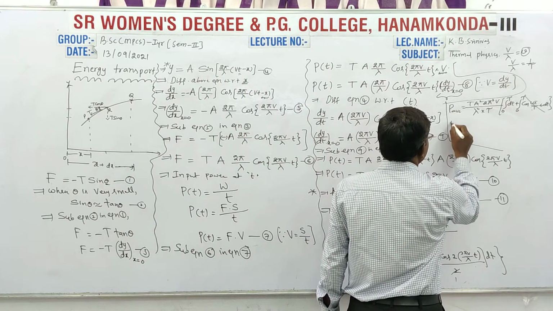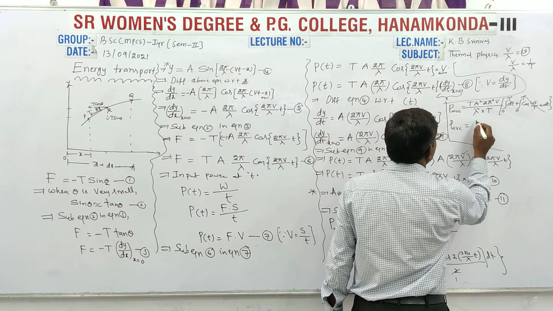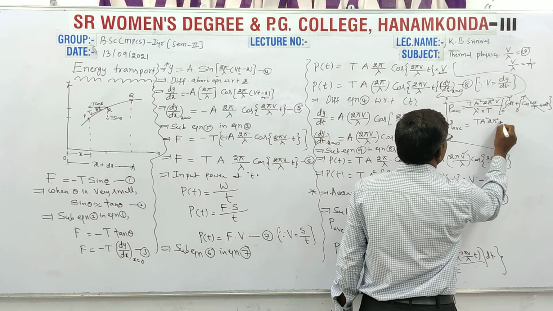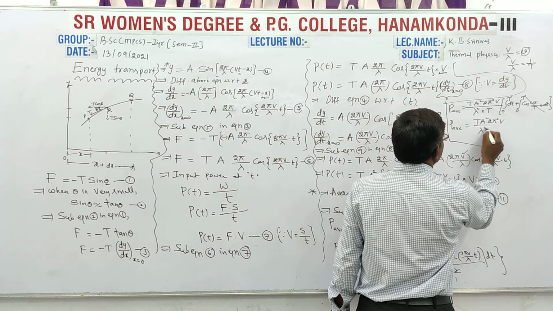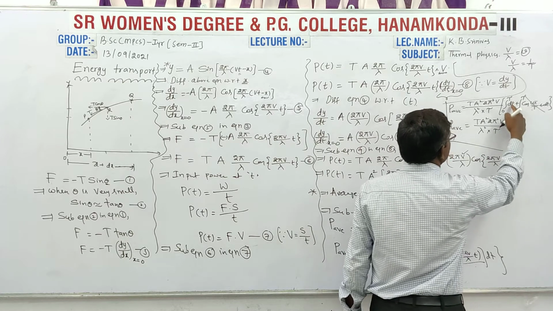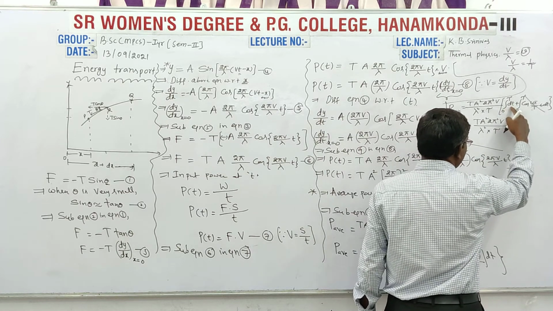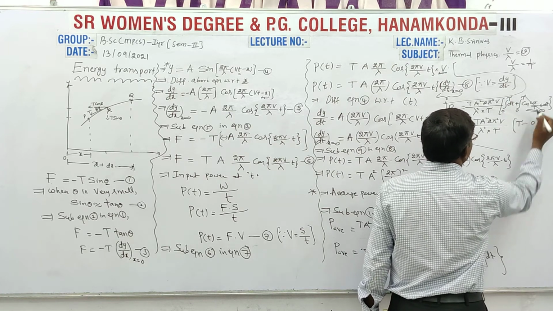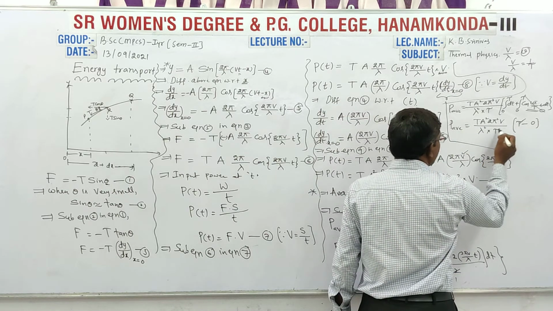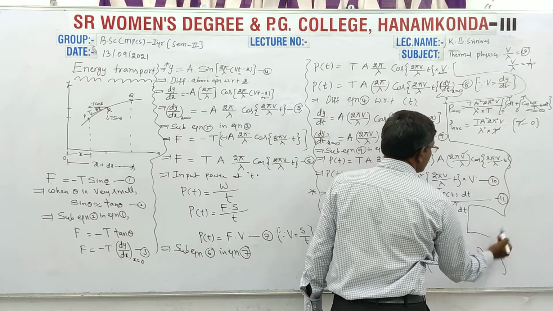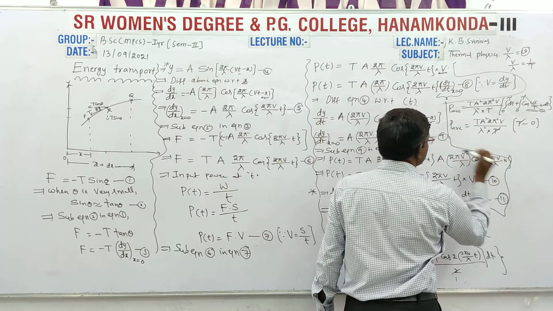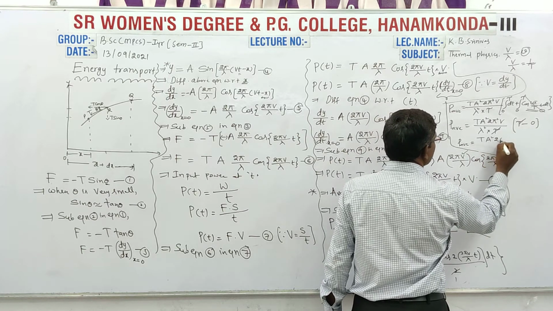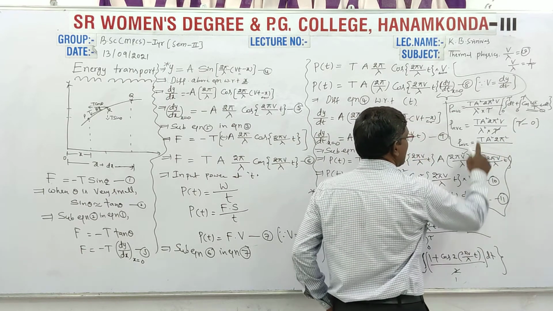Okay, coming to the next step, average power is equal to T a square 2 pi square v by lambda square into tau. This is integration dt, which gives how much? T, upper limit tau minus lower limit 0. Already this becomes 0. So this numerator tau and denominator tau get cancelled. So the next step will be average power is equal to T a square 2 pi square into lambda.